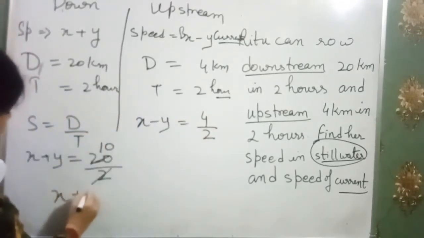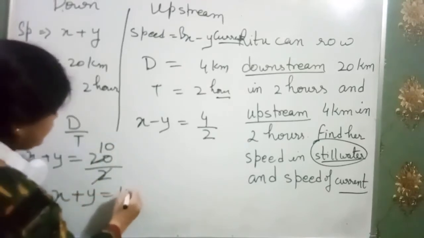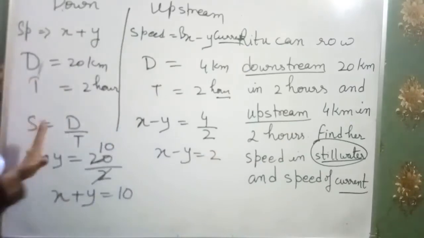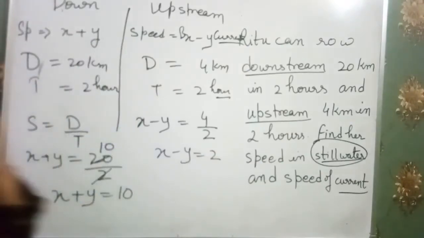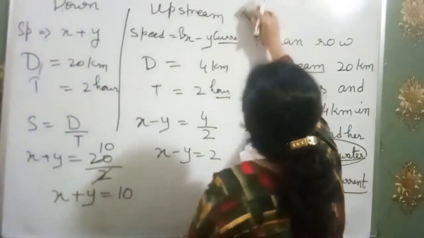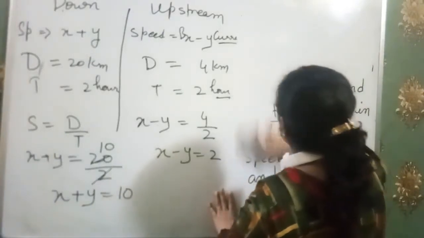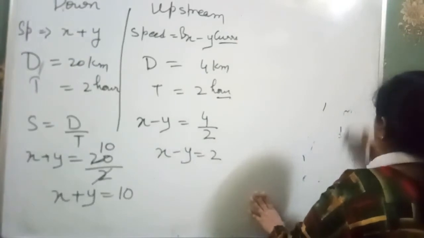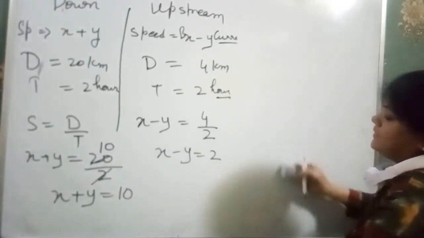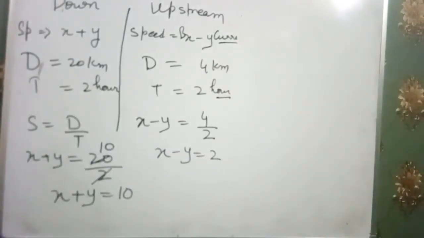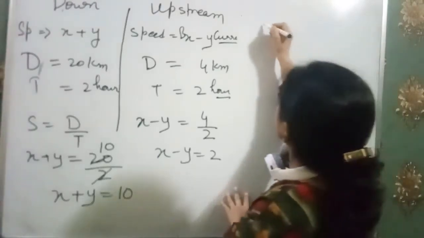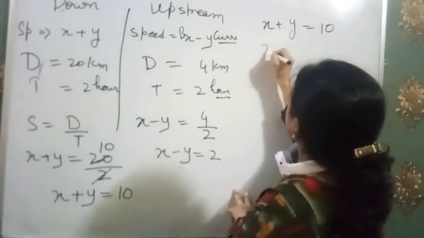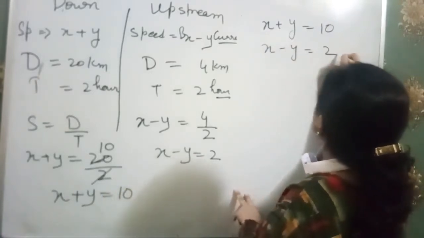So we have the equation x plus y is equal to 10, and here the equation x minus y is equal to 2. In this way, we just make a chart of the question and after that we can solve. This type of problem is a little bit complicated. When you do the practice, I think you can still solve it. So we have the equations x plus y is equal to 10, x minus y is equal to 2.